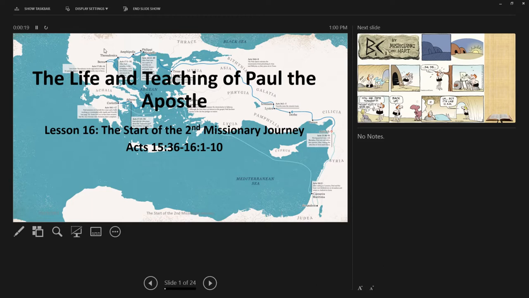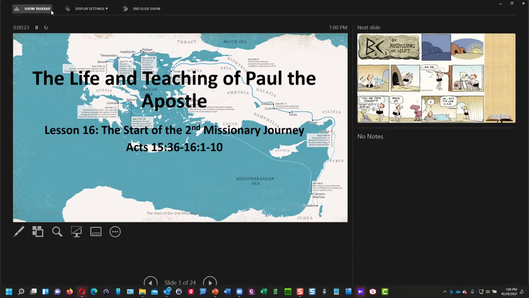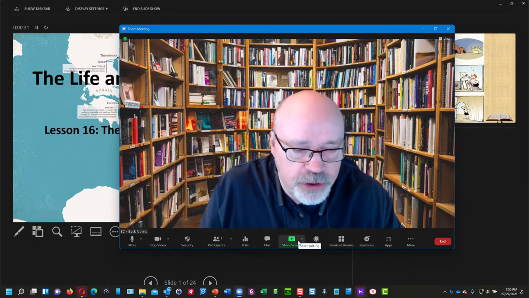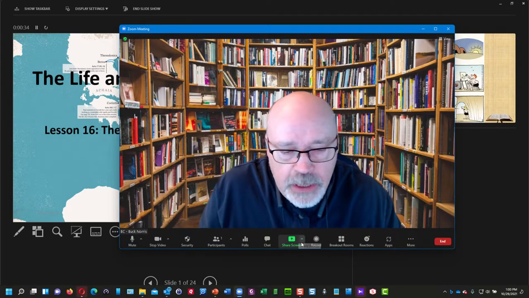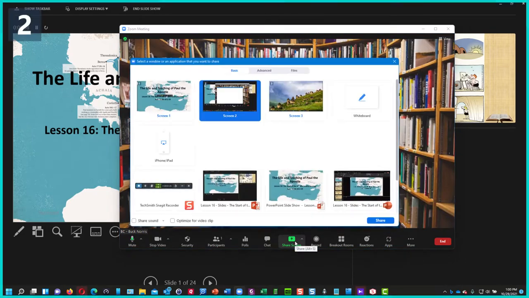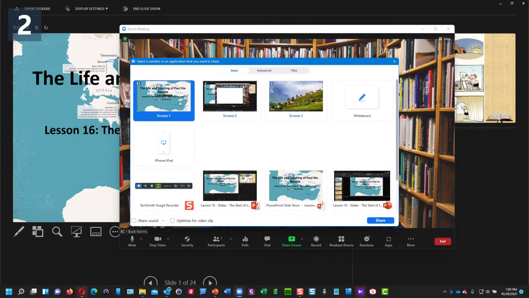So if you want to see the taskbar, you want to make sure that you click on taskbar. This will only be up there when you're in the presenter's view. Then you can see the taskbar and you can go to the options that you have in Zoom meetings. If you wanted to share something else, for example, if I wanted to share screen one,